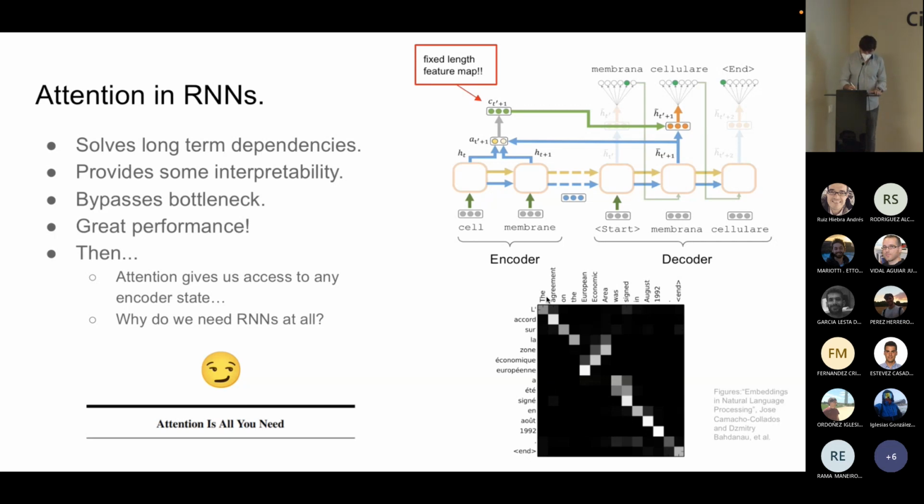So, for example, when we are here translating from English to Italian, I think it is Italian, when we are generating the word cellulare, I hope I got it pronounced right, the decoder, the generation phase, can attend to all the words in the English encoded sentence